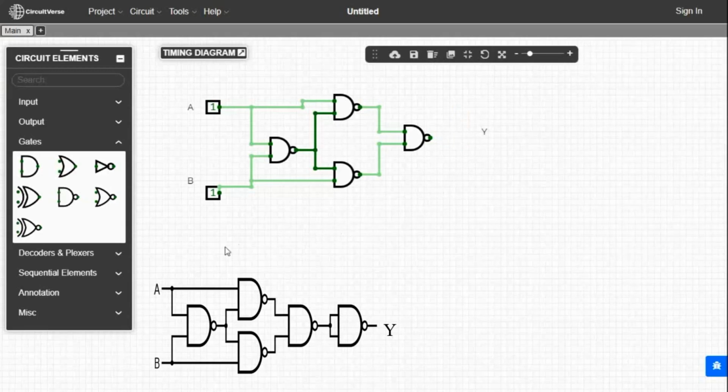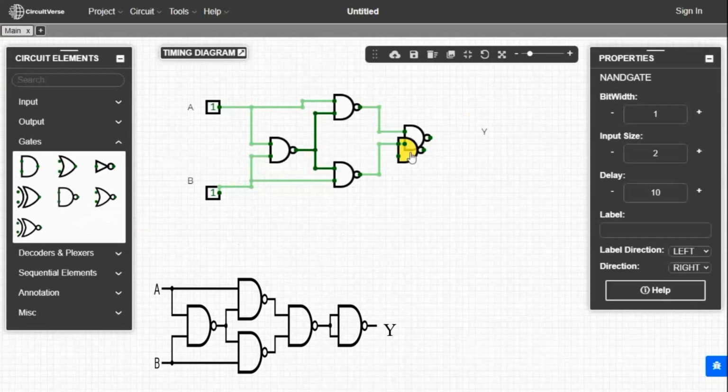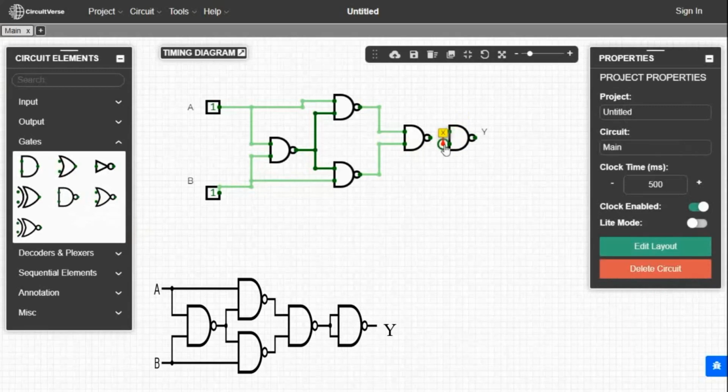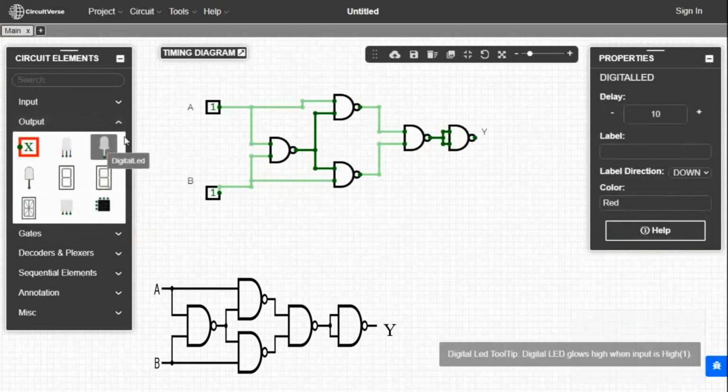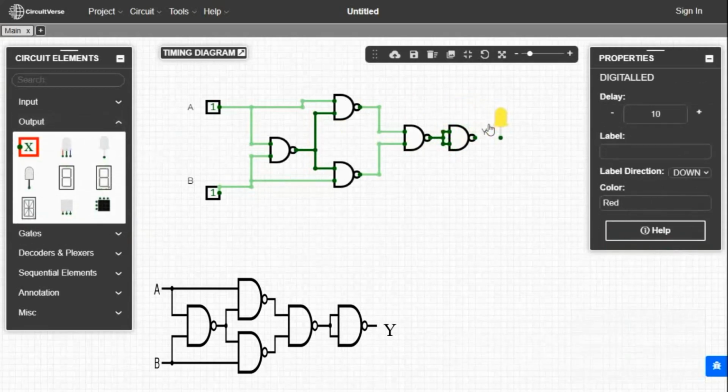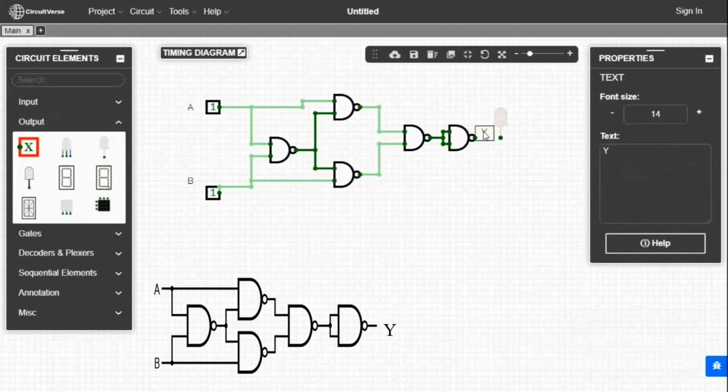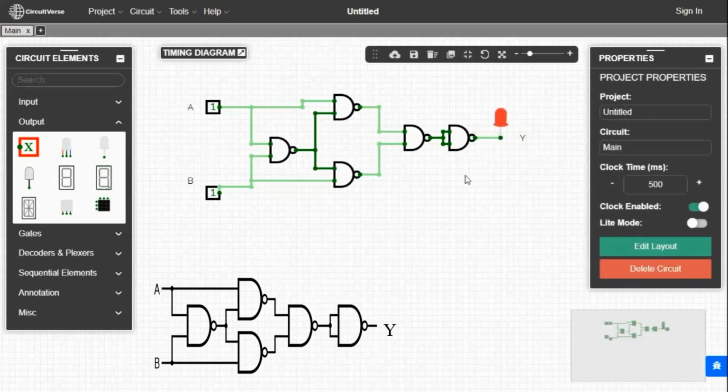keyboard. Now take one NAND gate and place it on the circuit and make the connection. Now take the LED and place it. The name of the output should be moved from left to right of the LED. For moving that, you have to select and hold it, then move to the place where you want to move it. Make the connection with the LED. So the circuit is completed.